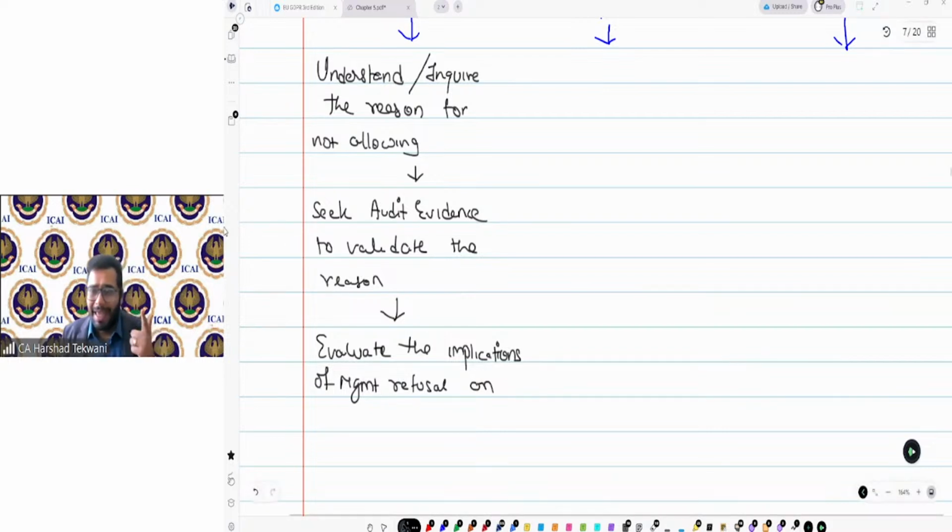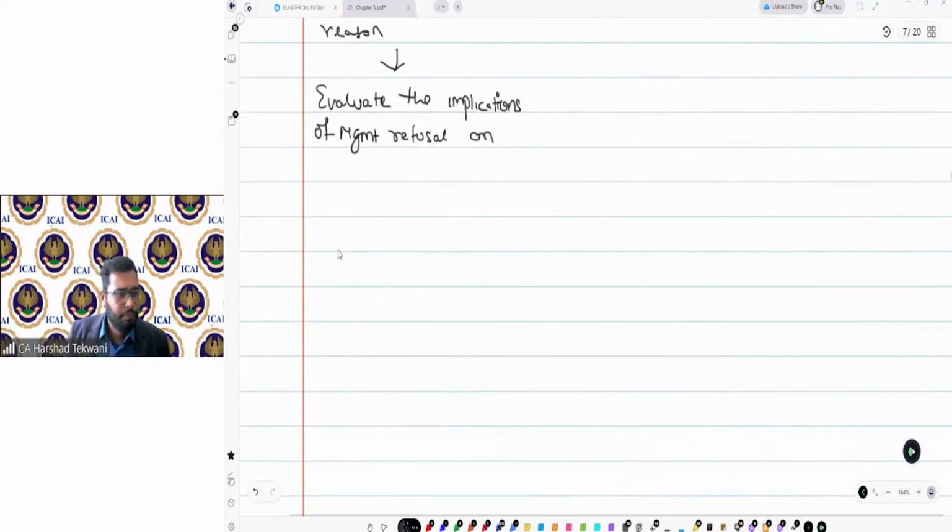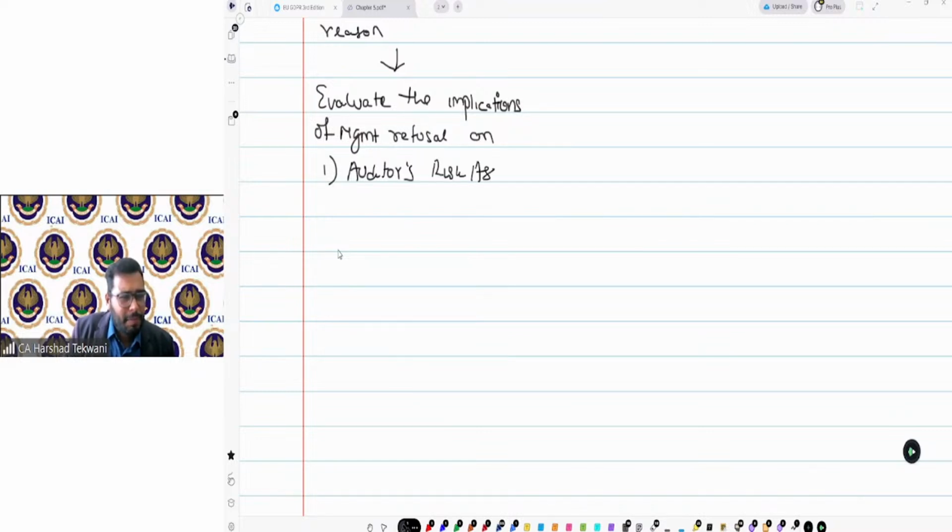One is the auditor's risk assessment, because I need to check whether there is a fraud risk or not.